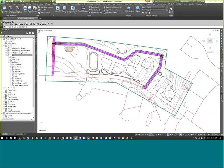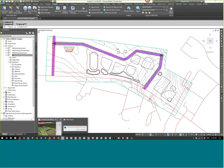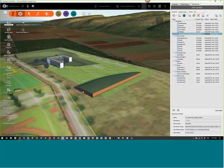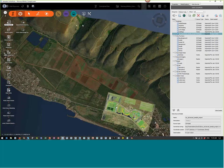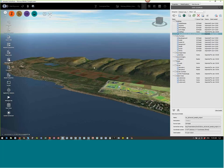And what I have in the background is actually an export out of Infraworks. So Infraworks was able to give me the model builder data for this entire site that I had downloaded. From Infraworks, if I want to take that into Civil 3D, I have an option to export an IMX file, and that IMX file contains all of the 3D object data from this model that I can then bring into